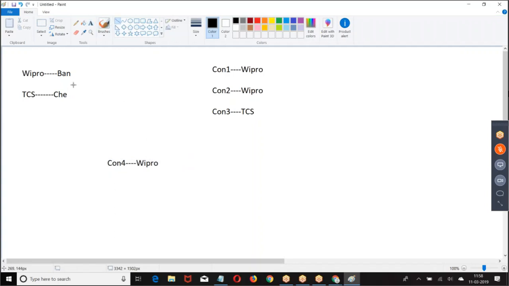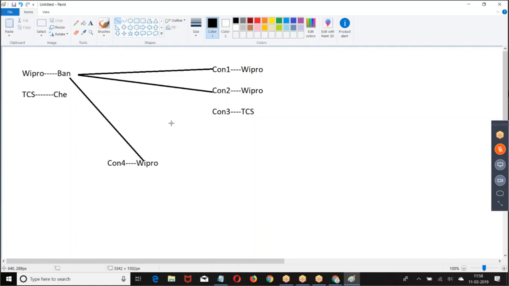Go and find out for Wipro how many contacts are existing. Who is your account? Wipro. Now the contact is created as a child for Wipro. Now go to the Wipro company, find out how many contacts are there. If it already has two contacts, then I have to throw an error message.